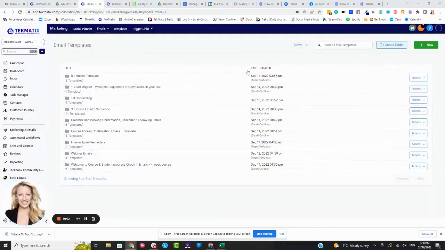How to send one-off emails inside TekMatix. Now, the first step is actually editing your master template so that you have a set template to use from day one onwards. This is going to make sure you've got the right branding on your emails that go out from here on in, and that you've got the right social media links in the footer and the unsubscribe option